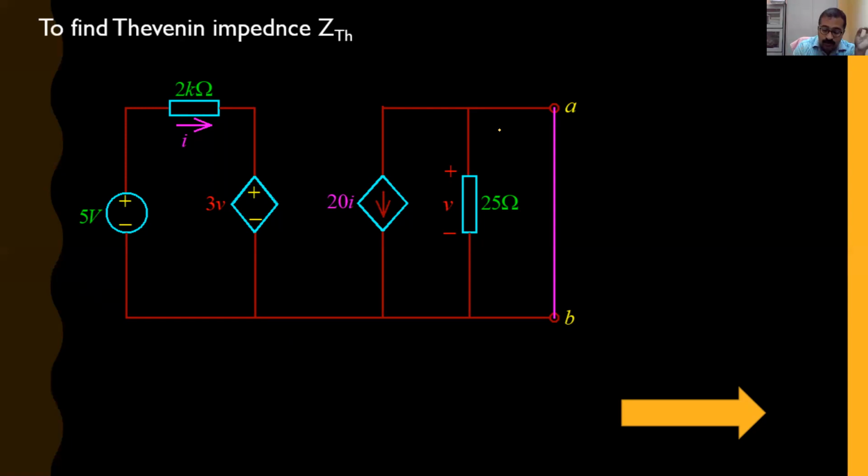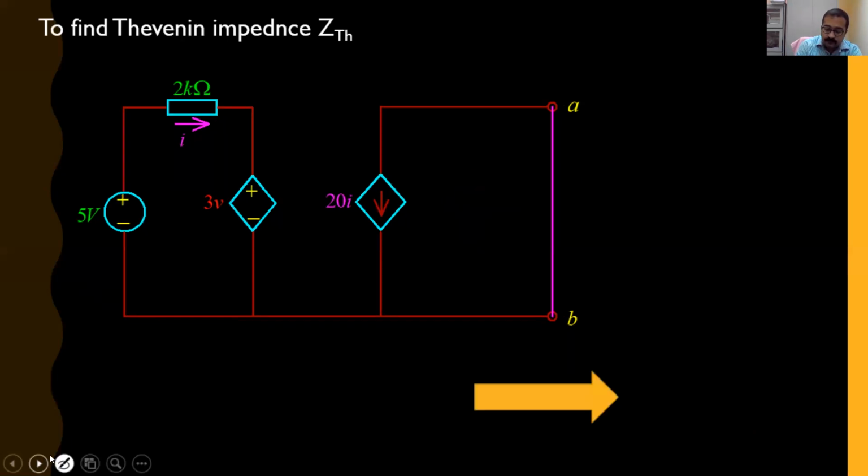So it is as good as if this 25 ohms was missing. You can remove that 25 ohm because no current will flow through it. Okay, 0 current flows through the 25 ohm. If 0 current flows through 25 ohms, what is the voltage across it? It is 0. That means this network can be redrawn by removing this impedance there.